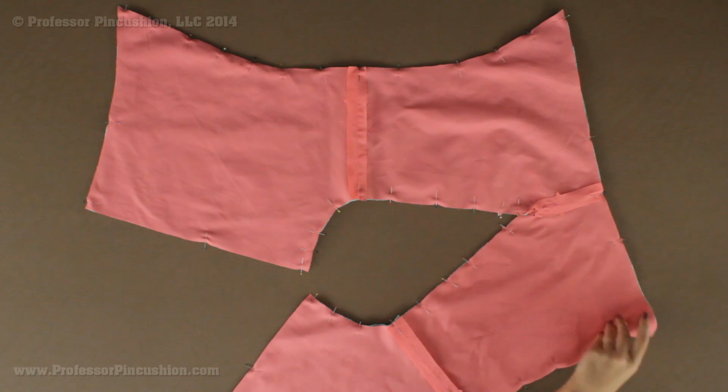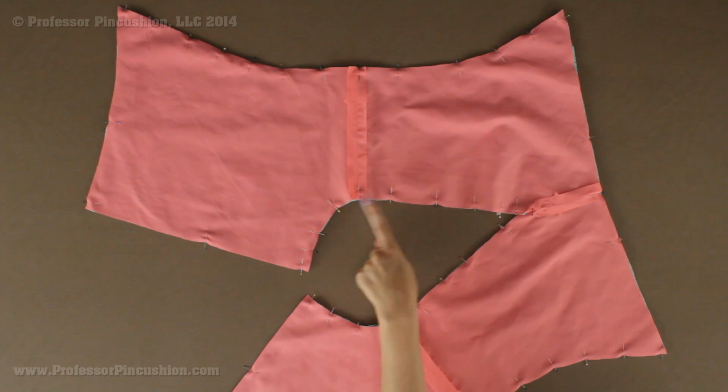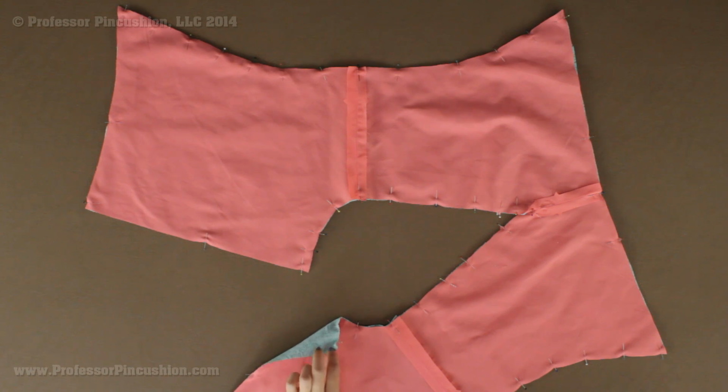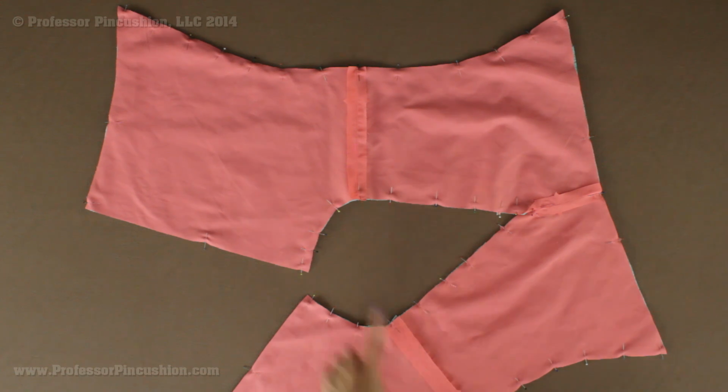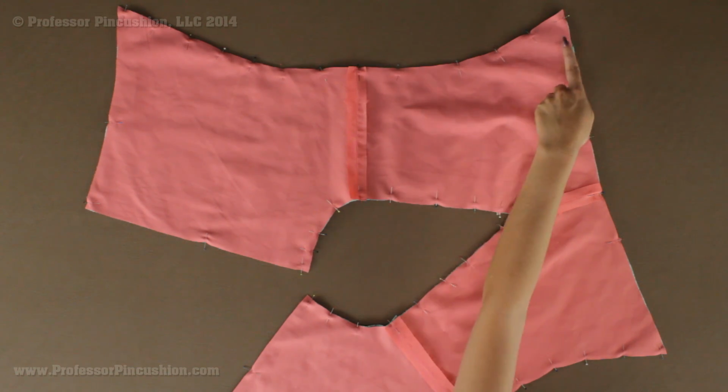The lining, which is already pinned to my main fabric, serves two purposes. Not only does it make the inside look nicer, but it's also being used to finish edges. So you need to think of it logically. What are you trying to finish? I have this neckline, there's no collar or anything, so I need to finish the neckline. So I'm going to be stitching the lining to my main fabric around here. I'm also going to have no sleeves in this pattern, so I'm using my lining to finish the armhole, and I'm going to be sewing this whole curved edge